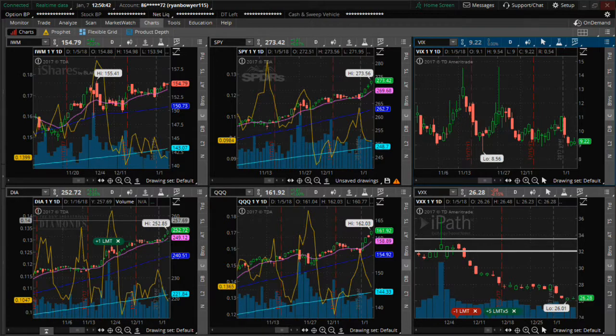This kind of juxtaposes a little bit with the IWM chart, which did see gains, right? It did see a couple of dollars in gains to start the new year. However, we didn't see quite as strong of a move. I think the last candle is really important when we're looking at the IWM because it is a combination between a doji and a hammer here. Not quite a hammer, but it's close, right? It is a close candle there. And so one of the things that we're really seeing here